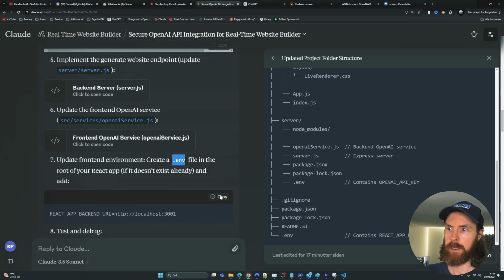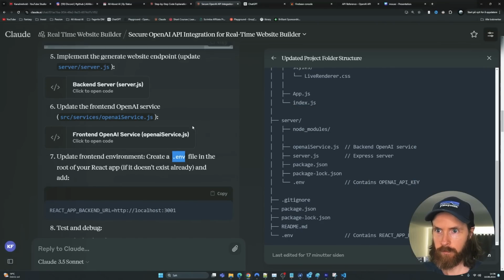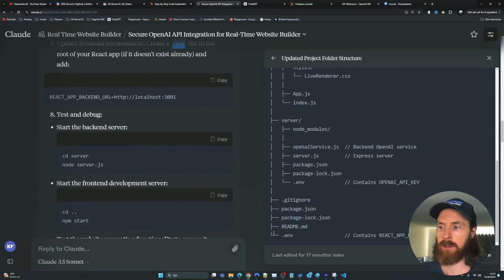And we can grab this backend app backend, and we get the localhost 3001 in this file. And then we can just start testing this out. So now we need to open up